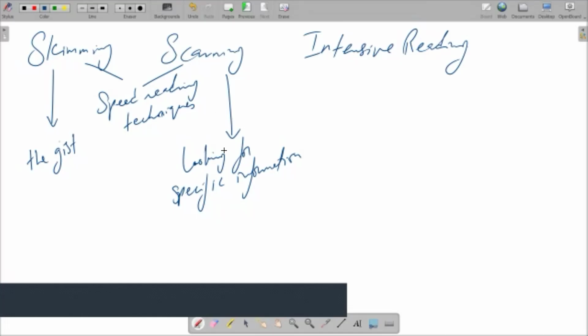Scanning, as I said, is looking for specific information. So maybe you are looking at your timetable, or the bus schedule or the flight schedule, or again, maybe looking at a menu card, looking for your favorite dish if it's available, or the cost. So those are those techniques. Intensive reading is reading the text thoroughly, word for word, line for line. It's not like you can just take half an hour to read it, but you're not just looking at it, you're actually reading, word for word, line for line, sentence for sentence. You're going to read everything